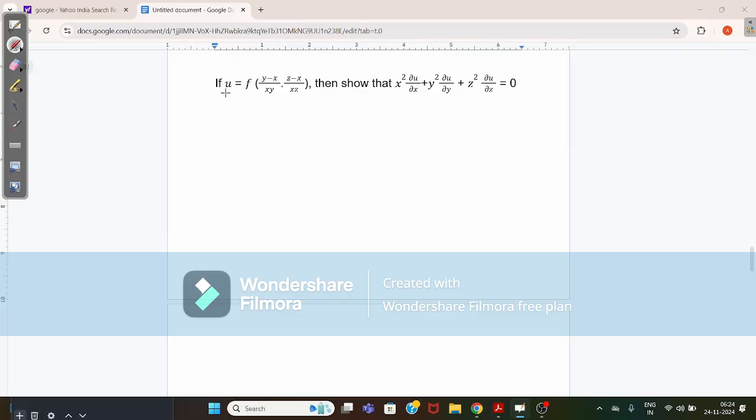Now comes to this question. If u is equal to f of (y minus x) by xy, (z minus x) by xy, then show that x square dou u by dou x plus y square dou u by dou y plus z square dou u by dou z is equal to 0. First take dou u by dou x. Gives the value here